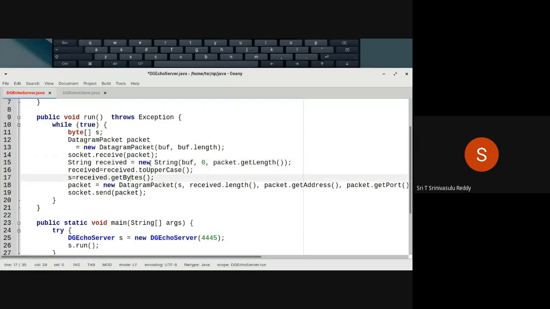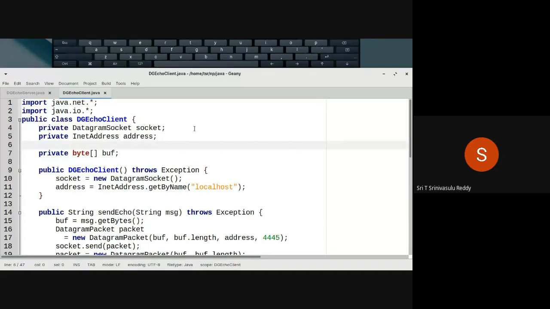Here also, instead of passing on yes and so on, you can say receive dot get bytes. That's also possible. It's up to you. Once you understand, you can make all the necessary changes. Anyhow, this is the server side related thing. Now the client.